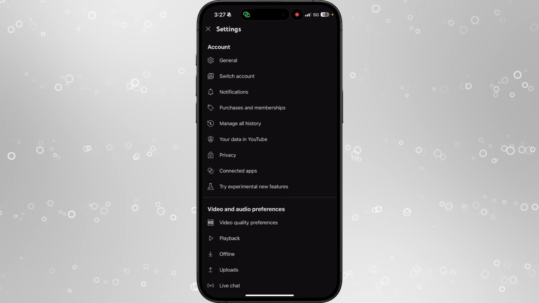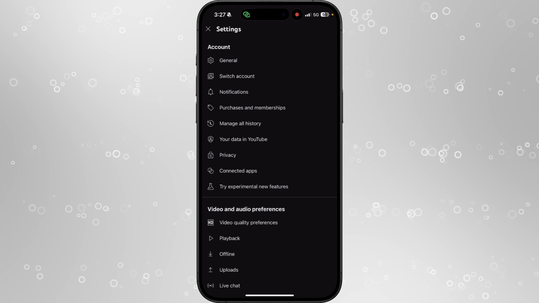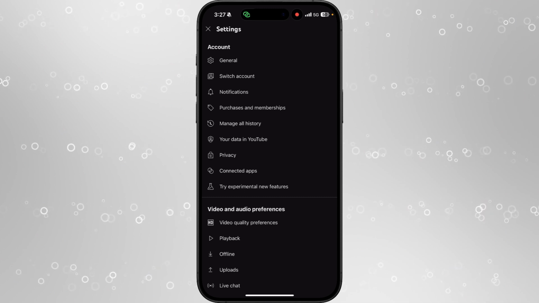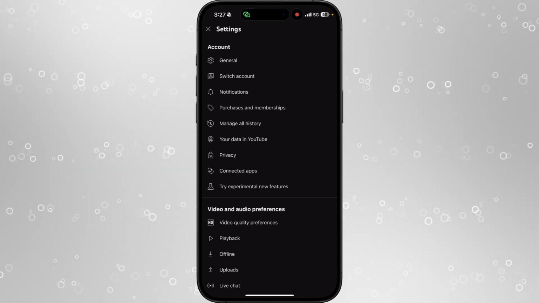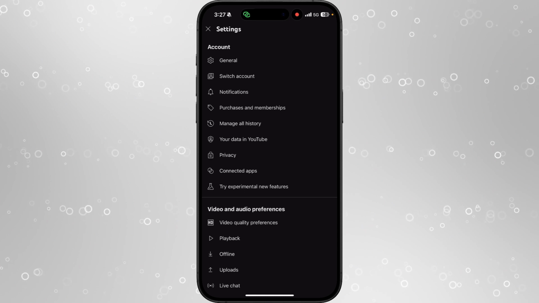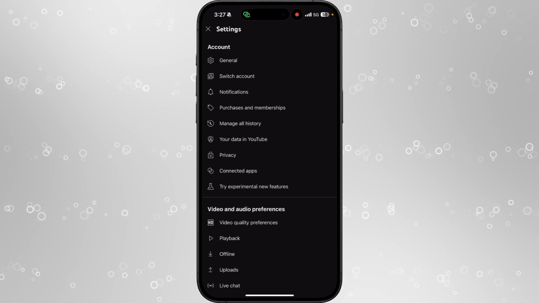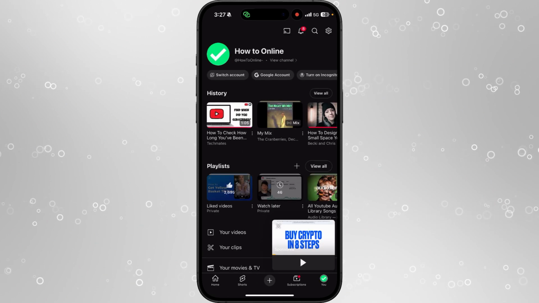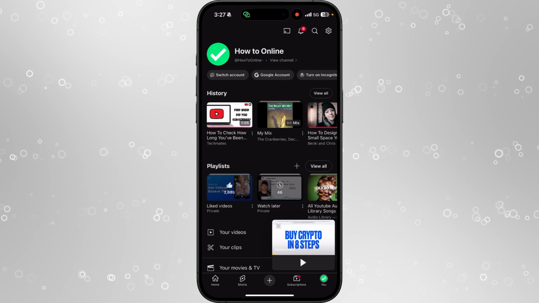Another problem that you might be having is that the creator of the YouTube videos has turned off comments. If this isn't the problem, the last thing that we do need to check is if you have violated any terms and conditions of YouTube. Now, if you've done this, the way we can get around this and the way that we can fix this